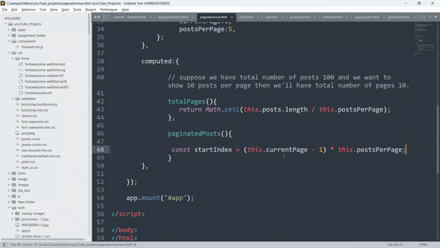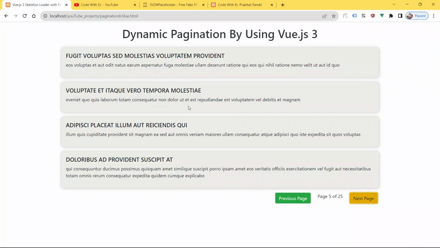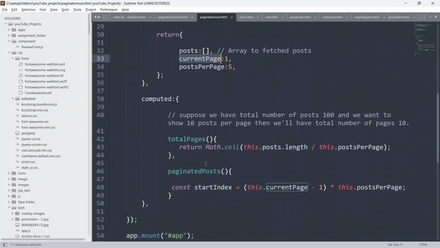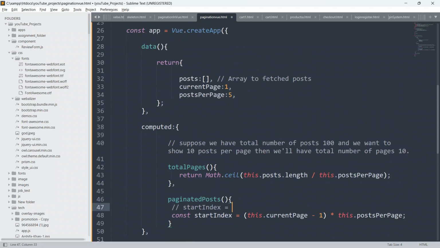So guys, in the beginning we have current page equal to 1. Let me write the comment also. As of now I am counting the current start index: startIndex equals this.currentPage, which is 1, so 1 minus 1, multiplied by this.postsPerPage.